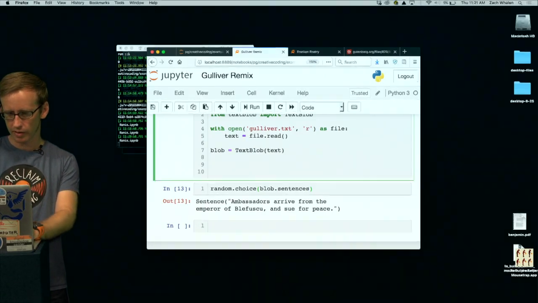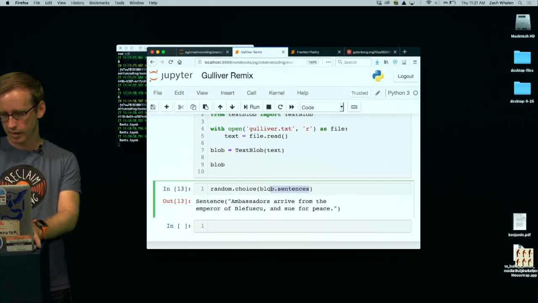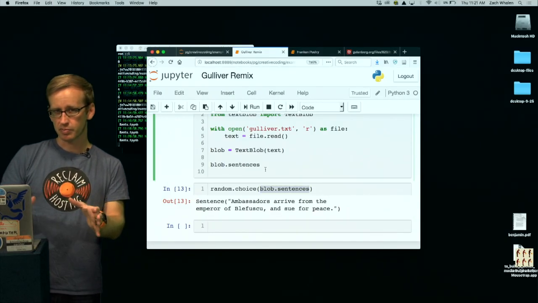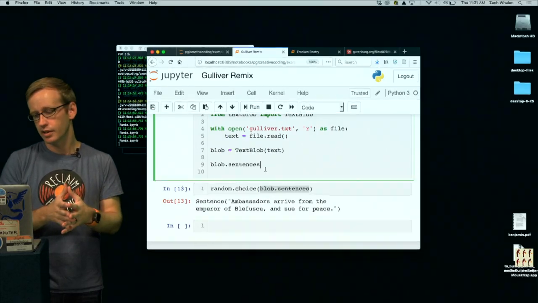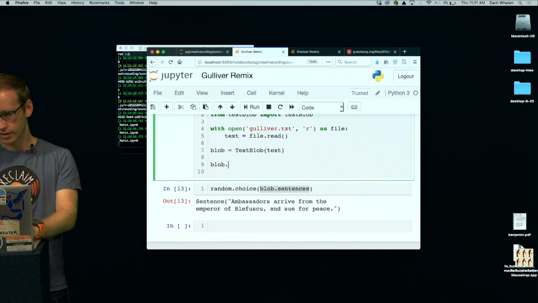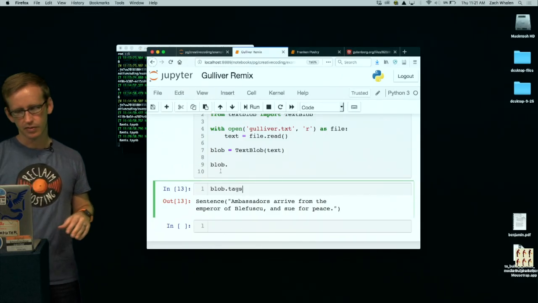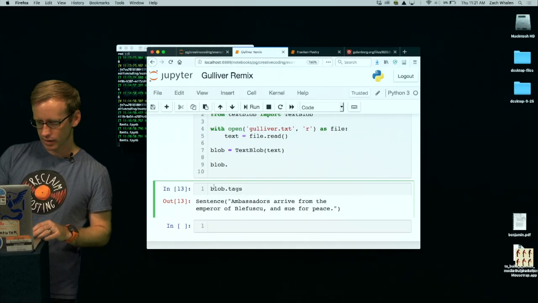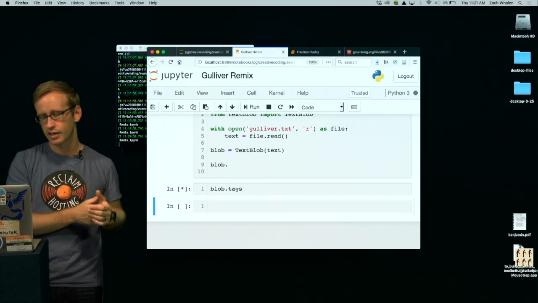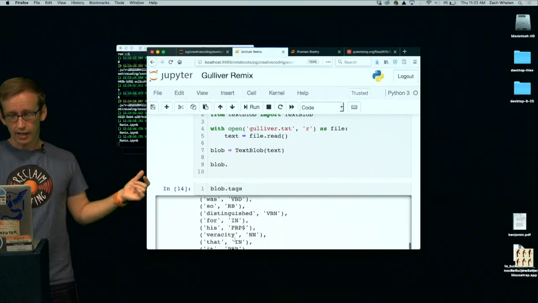One of the cool things about TextBlob is that for any TextBlob object, you can learn about the parts of speech that are used within that TextBlob. I'm not going to run it for the whole novel, because, well, maybe I will. It does quite a bit of processing to get this done. It's called tags. So if you ask for blob.tags, it will now run this tags function on the full text of this novel, and you can see it's taking a few seconds. That little star symbol there means that it's still working. And okay, so it worked.